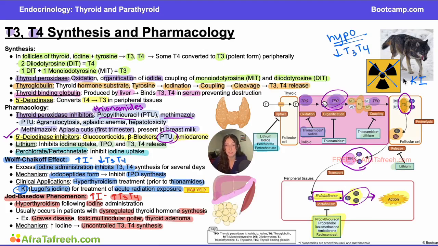So we've just given a ton of potassium iodide. Remember back to this lecture, you'll remember that the reason that potassium iodide is effective is because we are administering a bunch of iodine and capitalizing off of the Wolff-Chaikoff effect, which means that because we've administered iodine, we are going to halt the production of T3 and T4, thus making sure that our thyroid doesn't take up any of that radioactive iodine. And since we know this is an example of the Wolff-Chaikoff effect, that would be your answer on test day, and you would get that right because you watched this